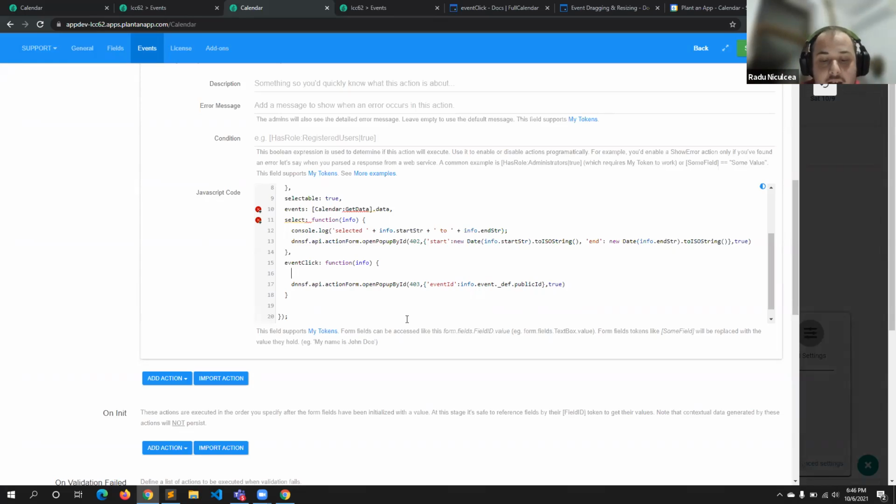So let's save it on the window: window.selectedEvent equals info.event. So I'm going to save this selected event. The last selected event is going to be available for me to call with JavaScript from any other component on this page.